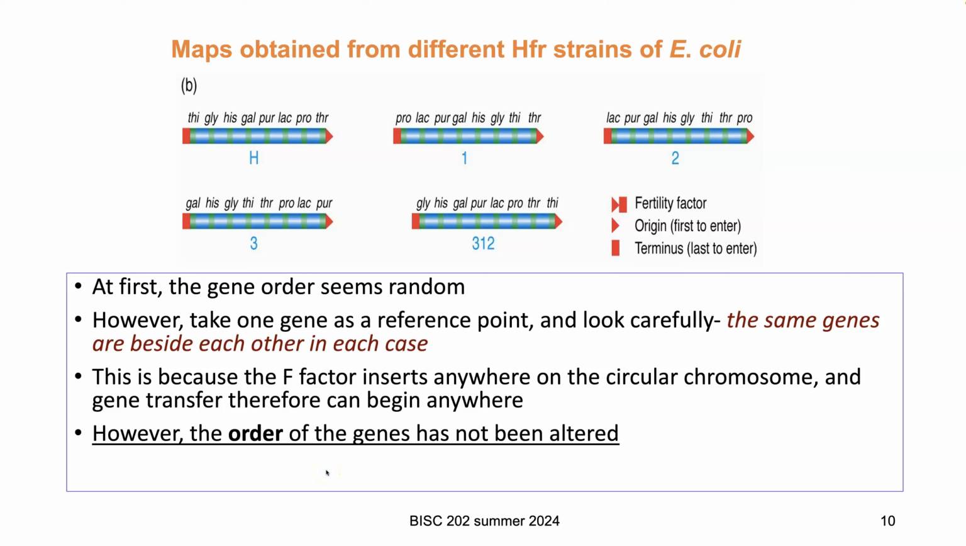Okay, so this is the second prep for lecture 21. And I just wanted to start with this. This just shows a number of different maps that have been obtained from different HFR strains. When you first look at these, there's the H strain and the 312 and the 2 and so on. You look at it, it seems kind of random, right? It doesn't look like there's any coherence. But if you remember,